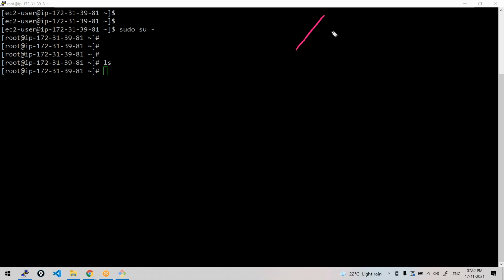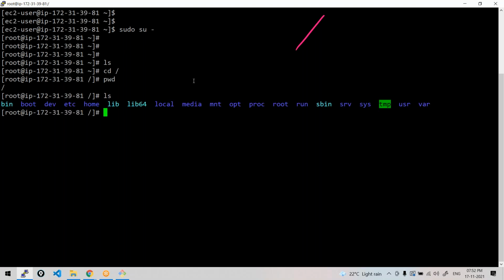What are the parent directories in Windows? See, in Windows, you have multiple parent directories like C drive, D drive, isn't it? Those are all root or parent directories, multiple of them. But in Linux the file system is a hierarchical tree structure, meaning the first parent directory will be root. If you want to go to this parent directory, cd /. Now if you check the present working directory, see, that's the parent directory.